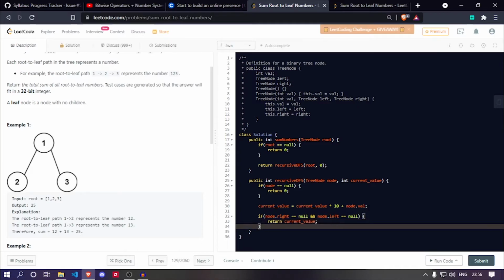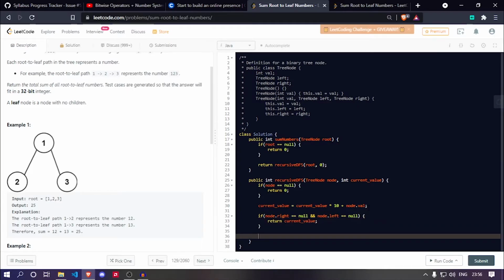Or else, we recurse through the tree again. So we return recursiveDFS of node.left, comma, current value,